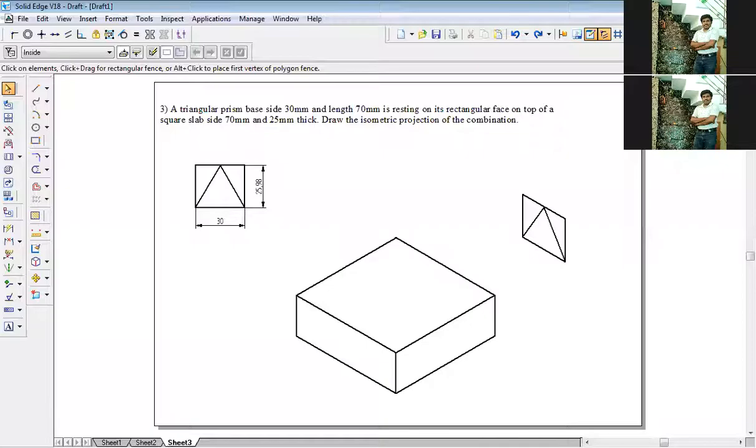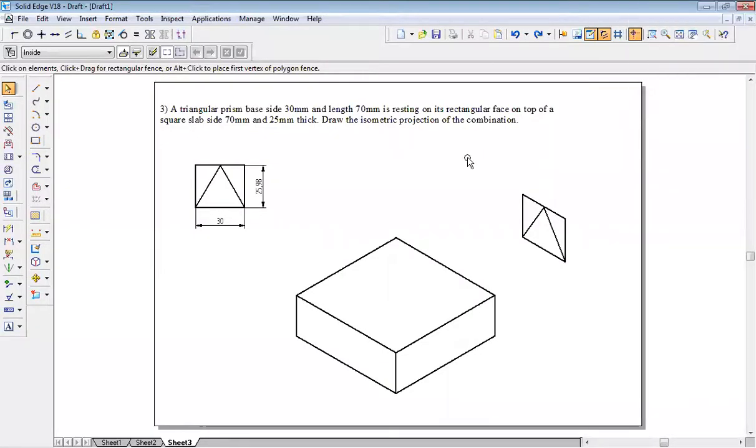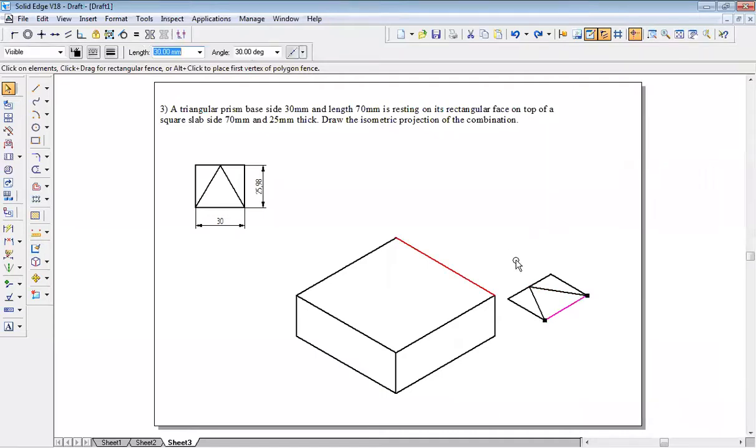So that people who have missed, they can also check it out. So what did I do? I've taken it from here, like this, I've done it. So this rectangle slab should come on top of this.